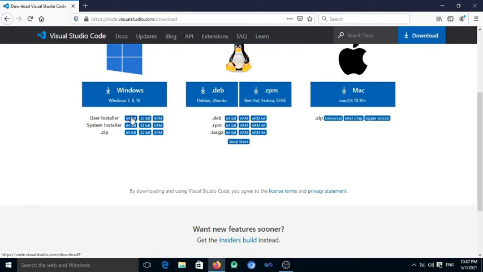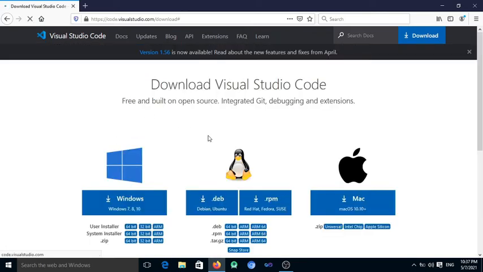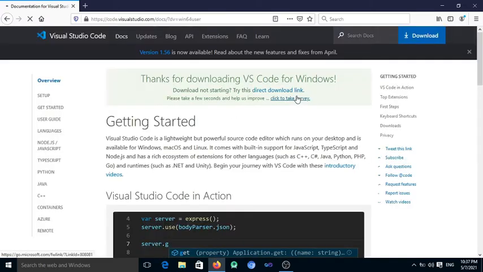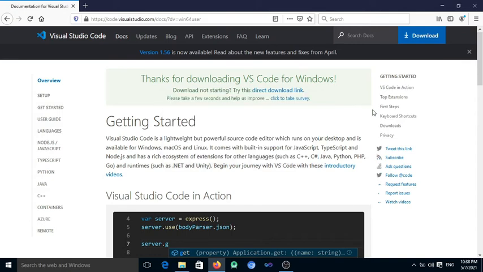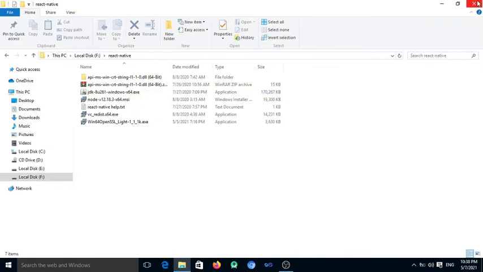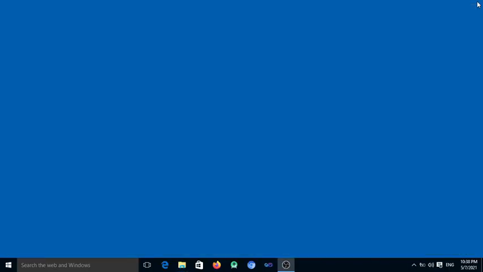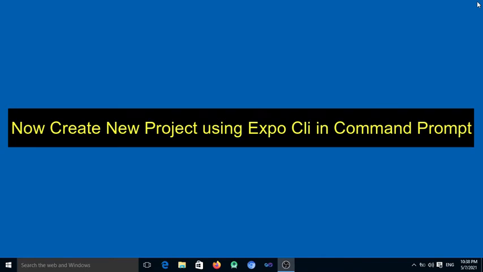Here I just showed the steps. I already downloaded Visual Studio Code and installed it on my PC. So you can download the file and install it.